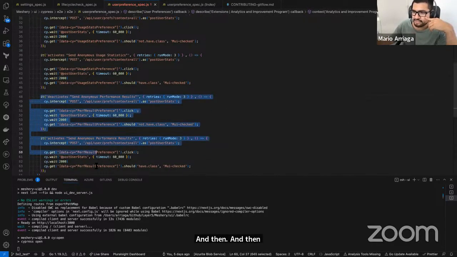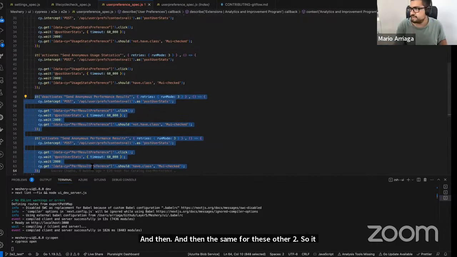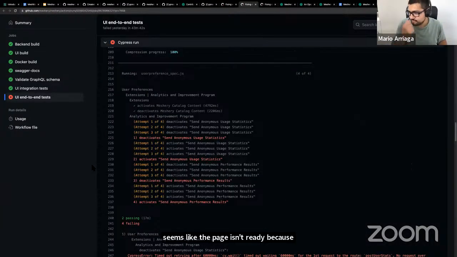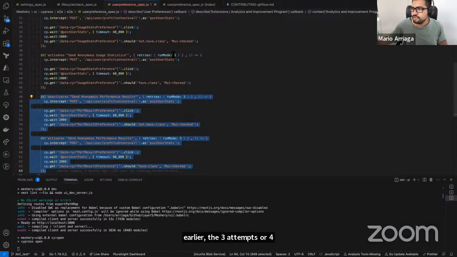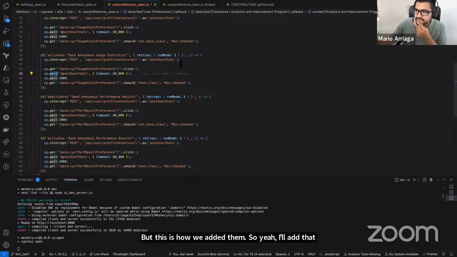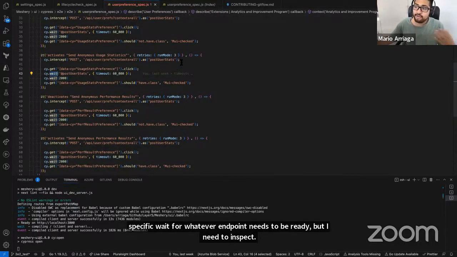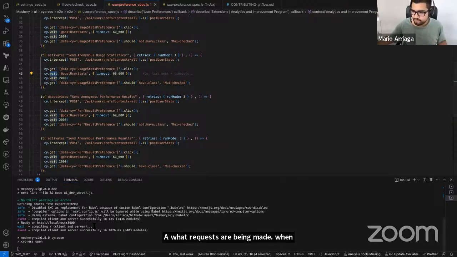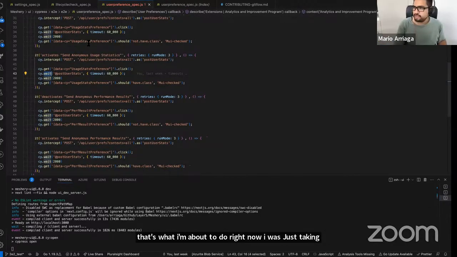So it seems like the page isn't ready, because as I said earlier, the 3 attempts or 4 retries that I added temporarily are not helping. So this is how I added them. So yeah, I'll add the specific weight for whatever endpoint needs to be ready, but I need to inspect what requests are being made when the page loads. So that's what I'm about to do right now. I was just taking a look at that. But if you look at the